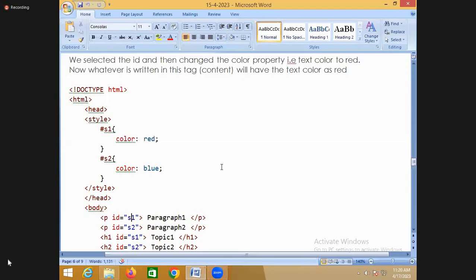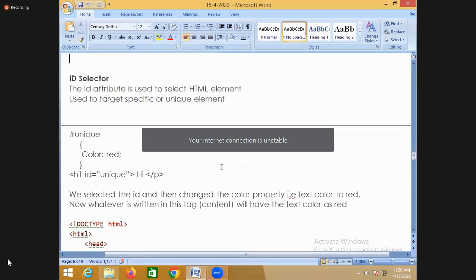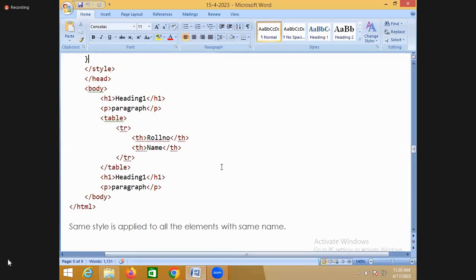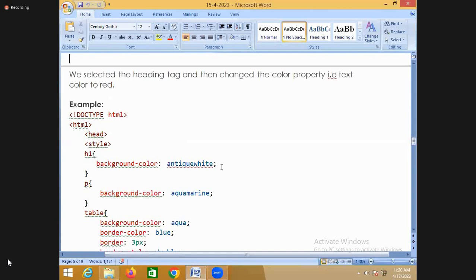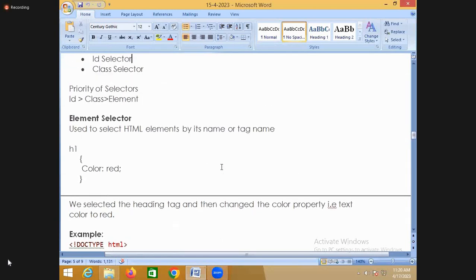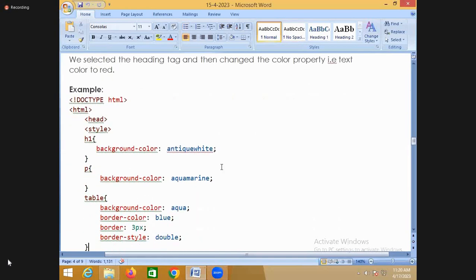But if you want to give the same style to multiple elements, then which one do you go for? One more selector is there, and that is the class selector. Instead, ID is unique. Even though you can give multiple elements the same ID,